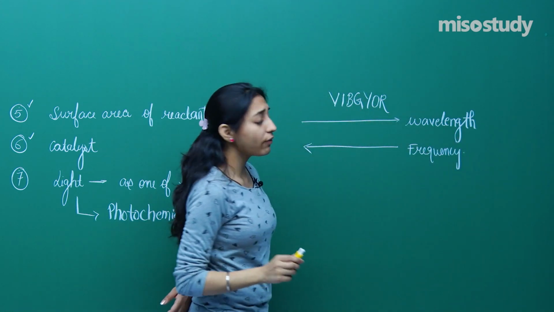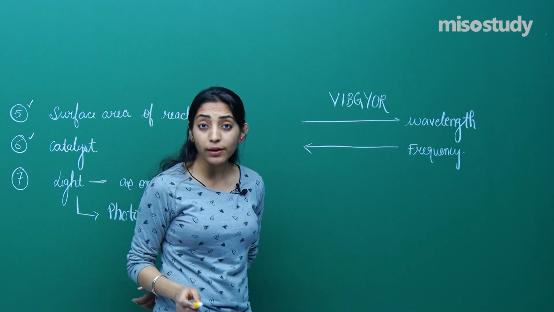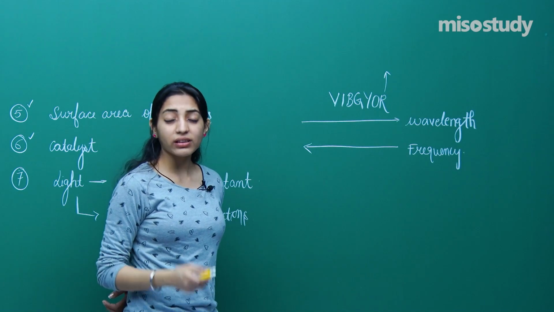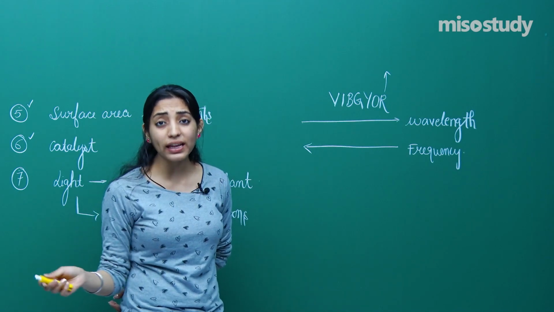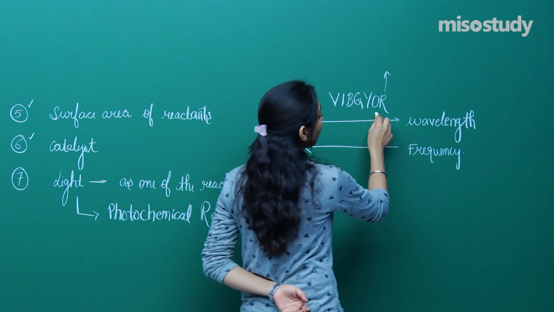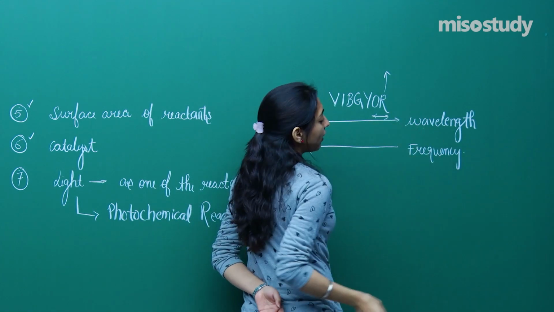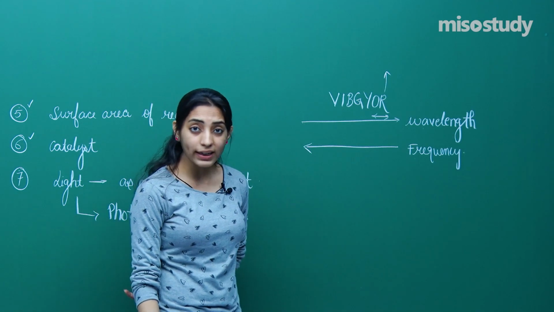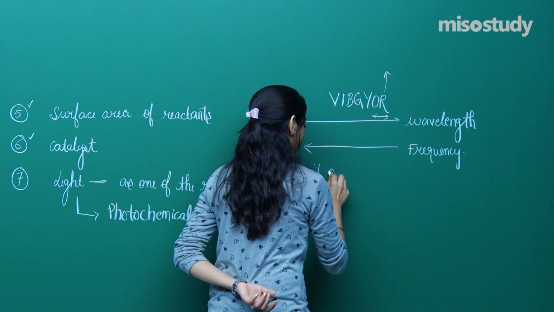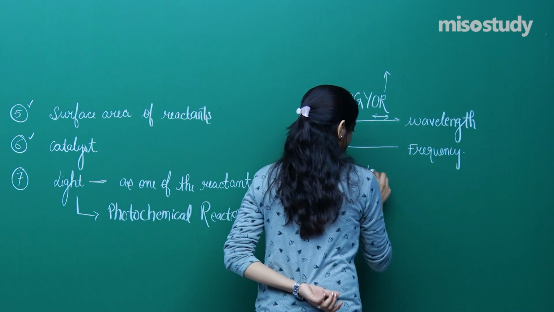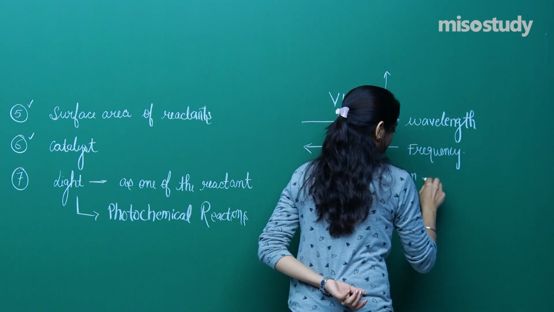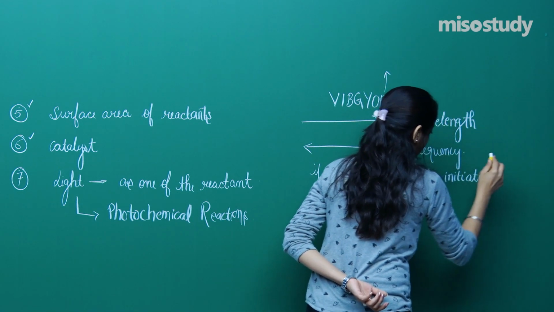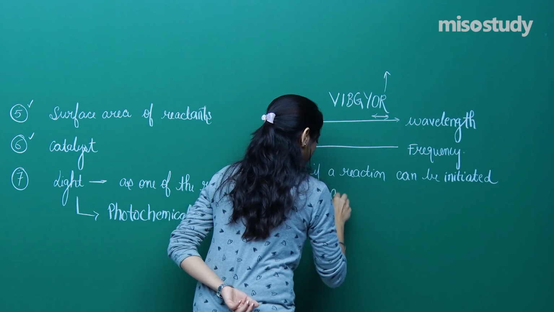Okay. So see, if there is any particular reaction which can be initiated by red light, right, that particular reaction can be initiated with any of the lights, because red light has the largest wavelength, or it is the light with the least frequency in the colored region, right? So if a reaction can be initiated by red light,